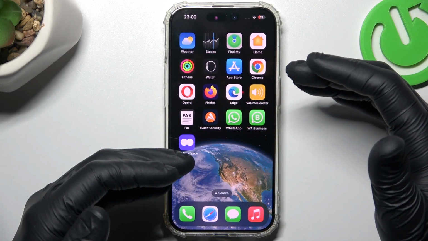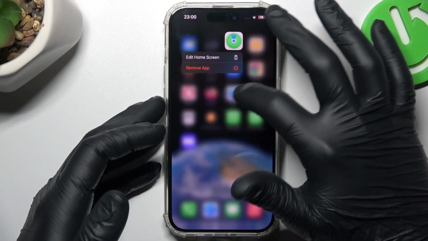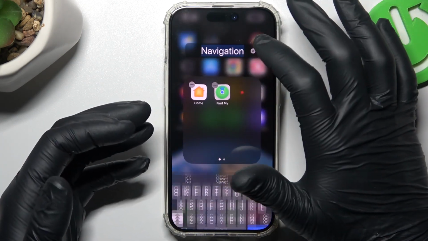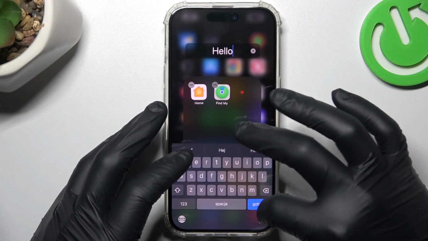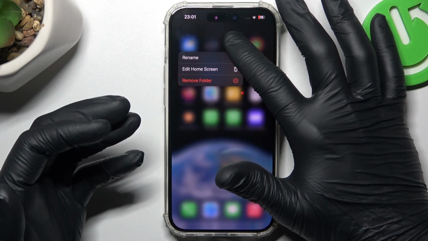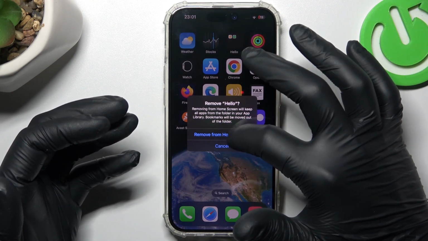If you want to make any folder, just hold the finger on any app and drop onto another. We have a new folder, so we can change the name of it. If you want to remove the folder, just hold the finger on it and choose Remove Folder, remove from home